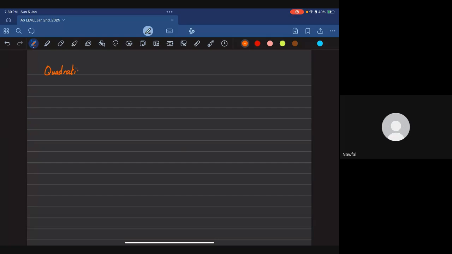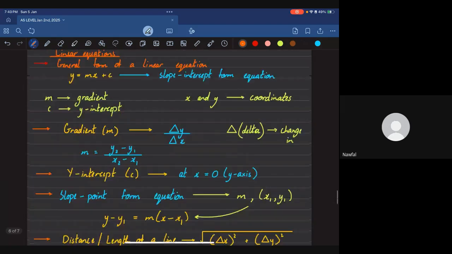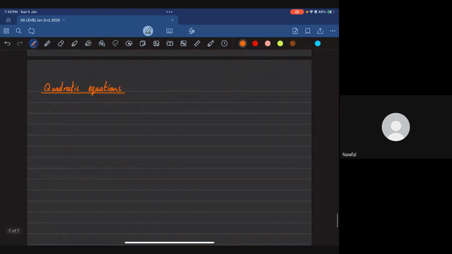So, first and foremost, whenever we're trying to look into quadratic equations, the first thing that I need is the general form of the quadratic equation. So it's going to be that the general form of the quadratic equation is,